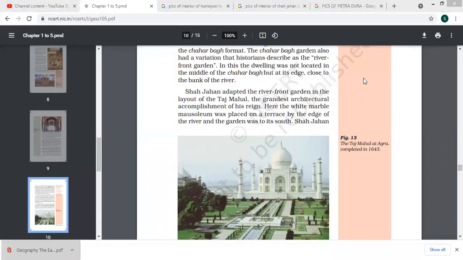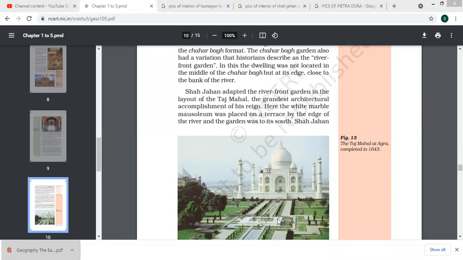Shah Jahan adapted the riverfront garden in the layout of the Taj Mahal. The Taj Mahal was placed on a raised platform near the bank of the Yamuna river. It was not placed at the center of the Chahar Bagh. The Chahar Bagh was set up in front of the Taj Mahal.